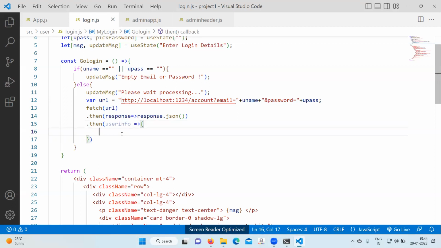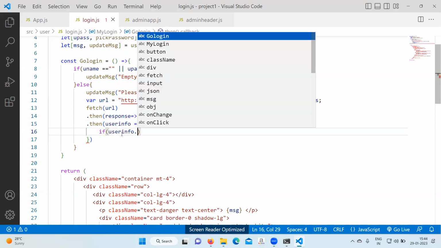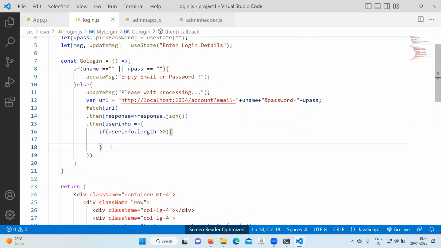So we'll write here: if user info dot length greater than 0, then